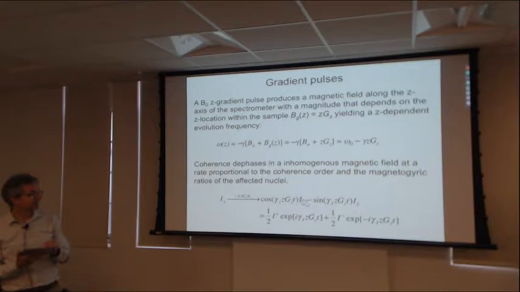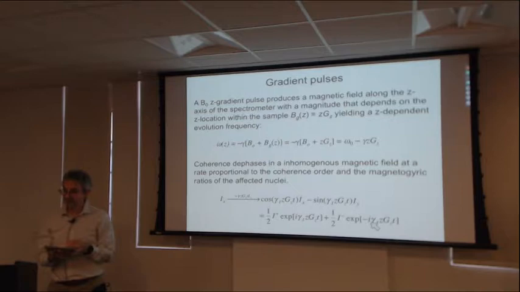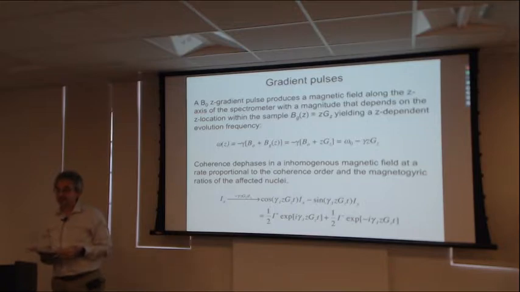So we'll get a cosine projection of the IX operator, and since I have this minus sign here, I'll get a projection onto the minus IY operator. I can use a negative amplitude on the plus IY. And if I want to, I can resolve these two into their plus and minus components so that I end up with I plus gets a z-dependent phase factor, and I minus gets a z-dependent phase factor in the other direction. And the critical point is that if the gradient is strong enough,